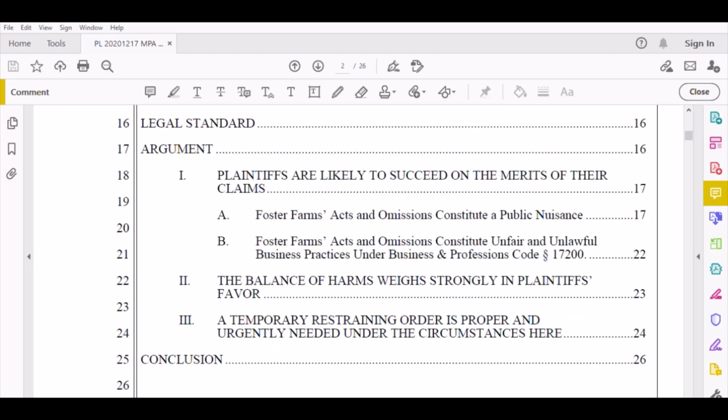The legal standard and argument in favor of the restraining order will begin on page 16. In a nutshell, the arguments are basically 3: that the plaintiffs are likely to succeed on the merits of their claims, the balance of harms weighs strongly in the plaintiff's favor, and a temporary restraining order is proper and urgently